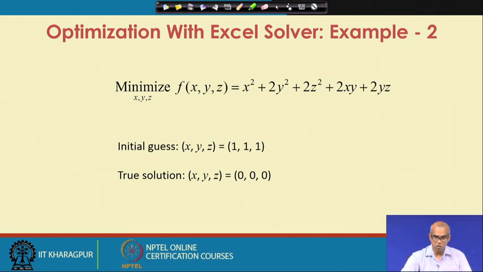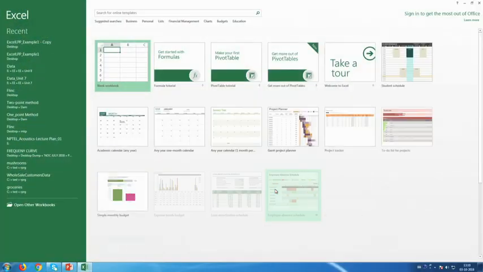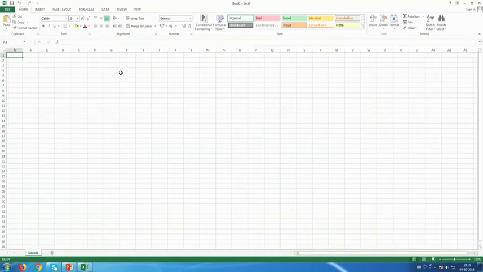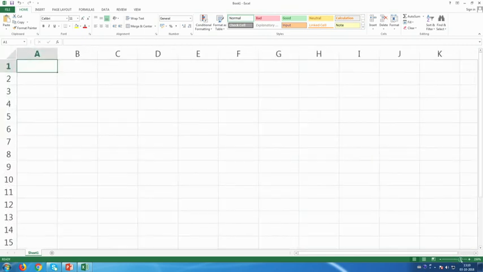For that, you have to find out x, y and z. So, let me again launch Excel and I will again zoom it.